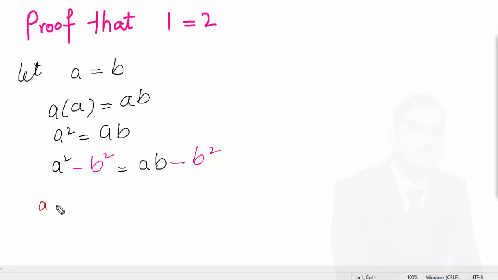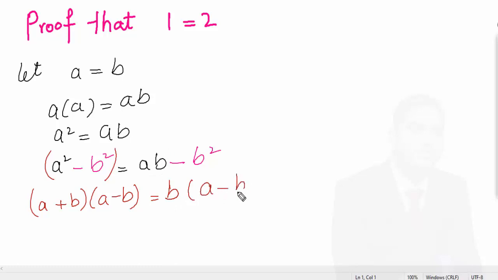This can be written in A plus B into A minus B. This value A square minus B square. Here can I take common B? So I will take common B. B into A minus B. So furthermore, A plus B